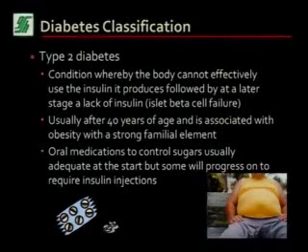For type 2 diabetes, it usually occurs after 40 years of age, and is strongly associated with obesity. So if you're overweight, you've got a big waist, then your likelihood of developing diabetes is there. It is also associated with a strong family history. If your brothers and sisters or your parents developed diabetes at 40 years of age, or 30 years of age, then the likelihood of you developing type 2 diabetes is also very high.